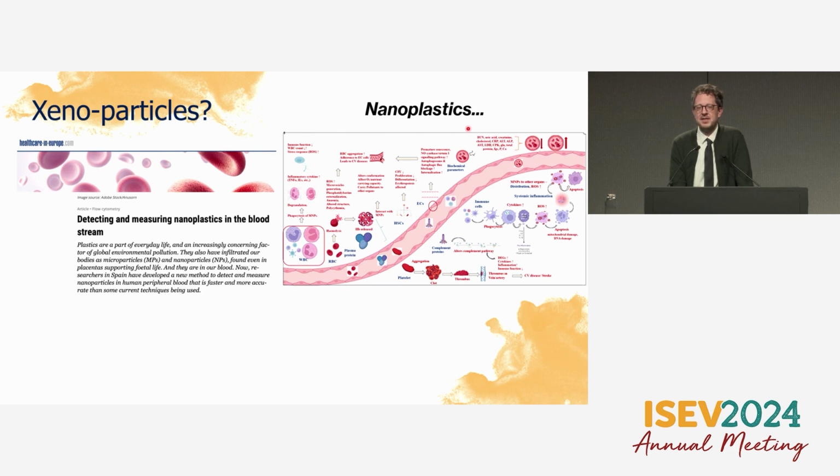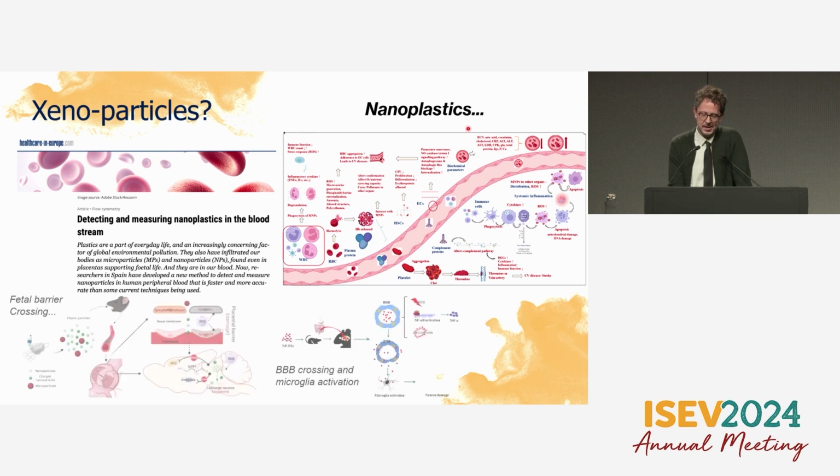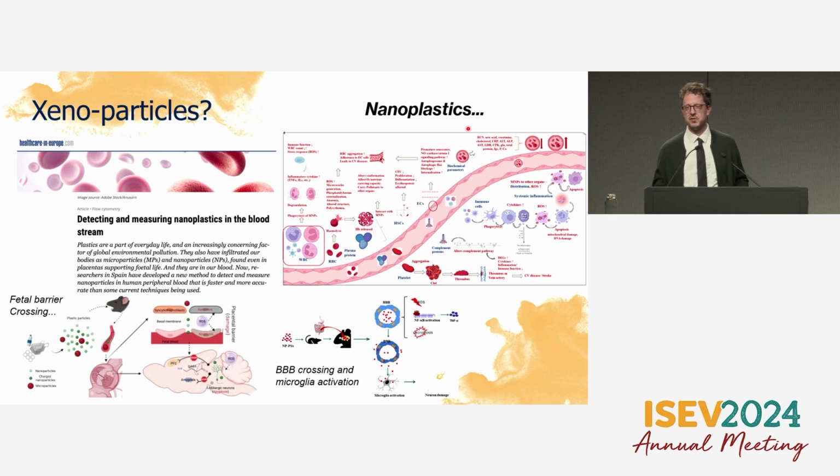So it may not be just these reference materials that we use to test out or spike into our EVs, but we actually might be directly measuring nanoplastics and other types of particles inside of our biofluids. You may not be surprised to know that there are many examples of nanoplastics crossing fetal and blood-brain barriers and doing many of the things that we ascribe to EVs. And I think the interaction of these two fields over the next years, because we share so many methods and complexities, will increase. But I thought it would be an interesting thing to bring up too.